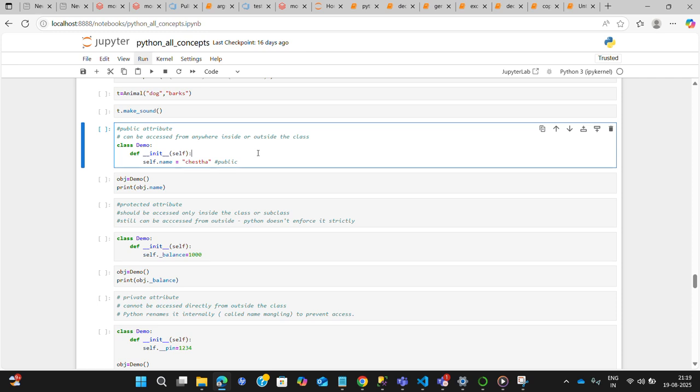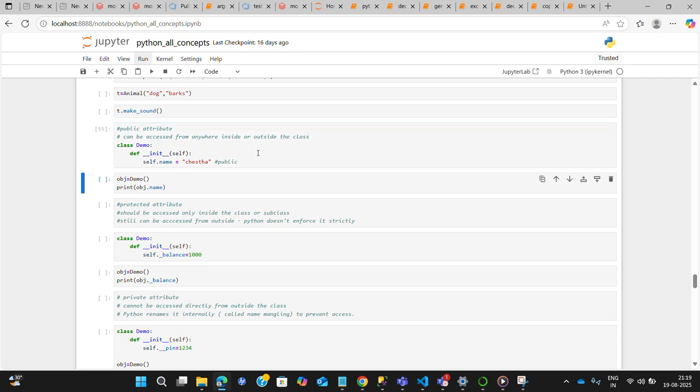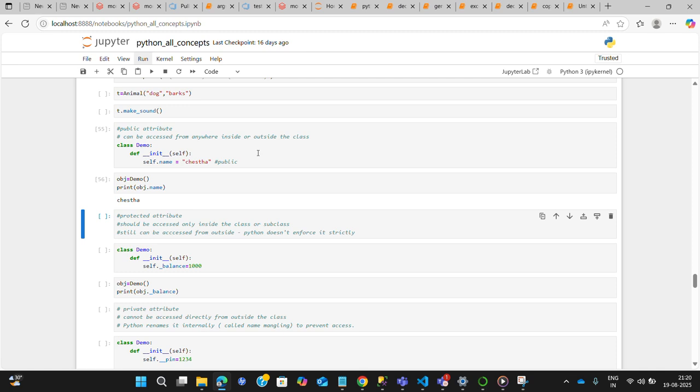We have defined this instance variable here, and it can be accessed outside the class because it is a public variable.